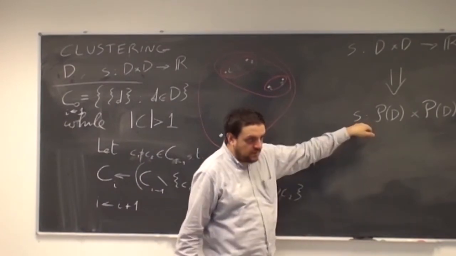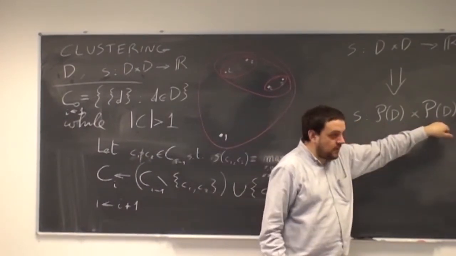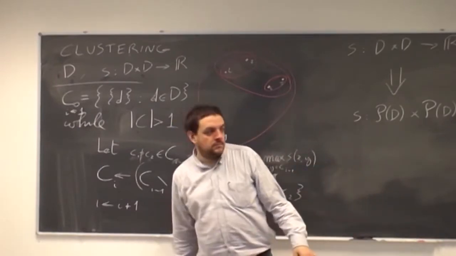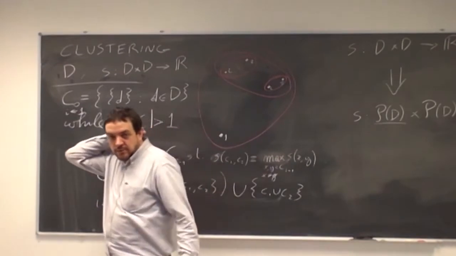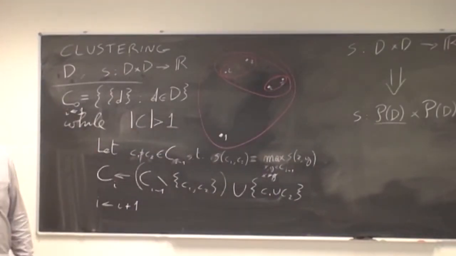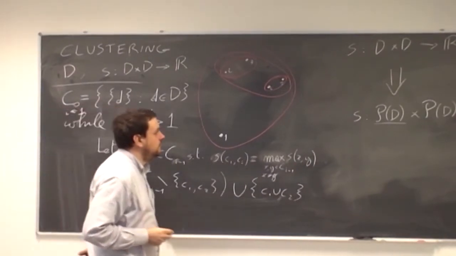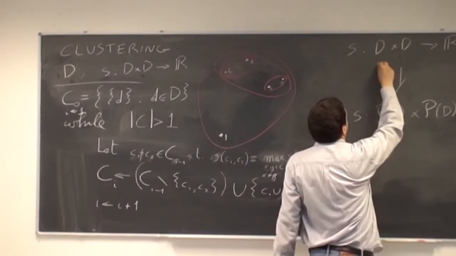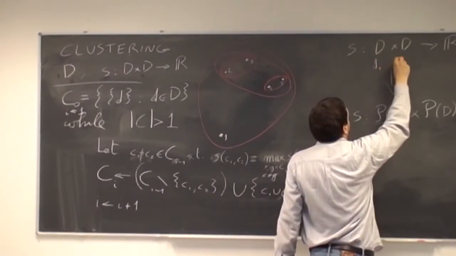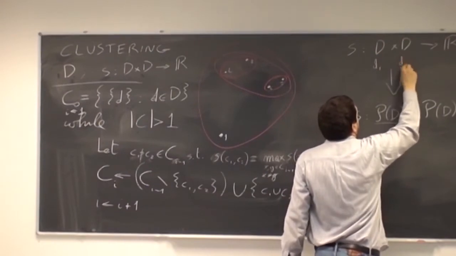I want the similarity to work between two generic subsets of D. So I use this symbol to indicate the power set of the set, so the set of all subsets. So if I have two elements here, D1 and D2,